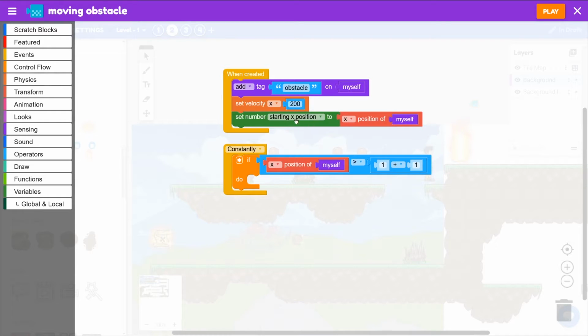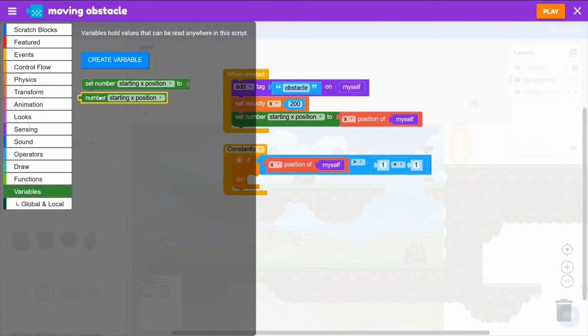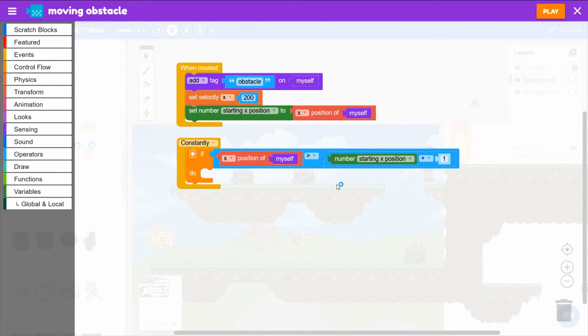and we're going to use that starting x position that we stored in a variable. If we go to variables and grab number starting x position, and we're going to add a number to this. So this is how far away the moving obstacle will get from where it started. You could try any number. I'm going to try 300, so that should give my moving obstacle a range of 300 and then it'll turn around again. So if its position is greater than starting x position plus 300, we want it to turn around,